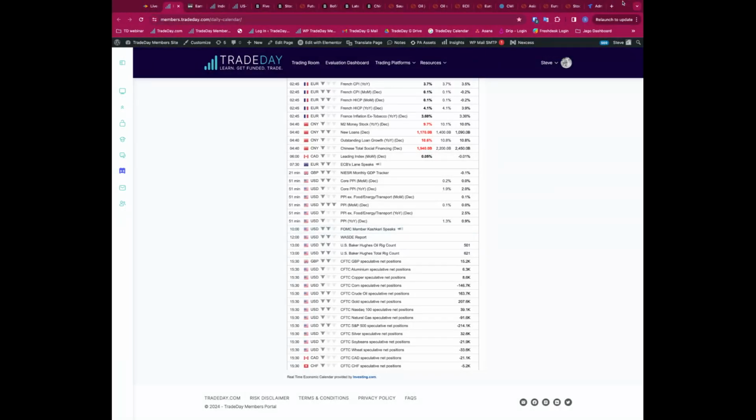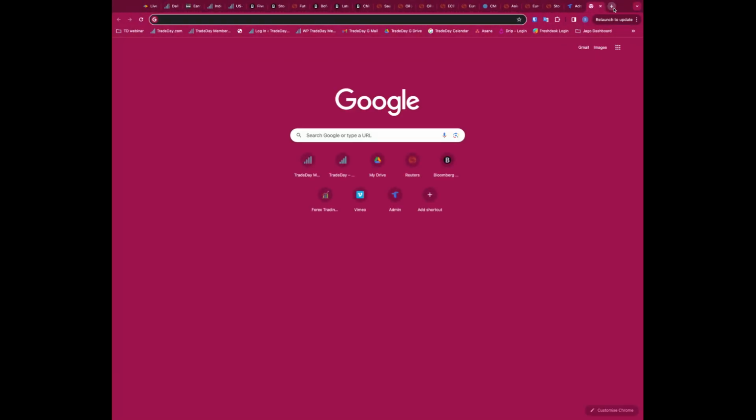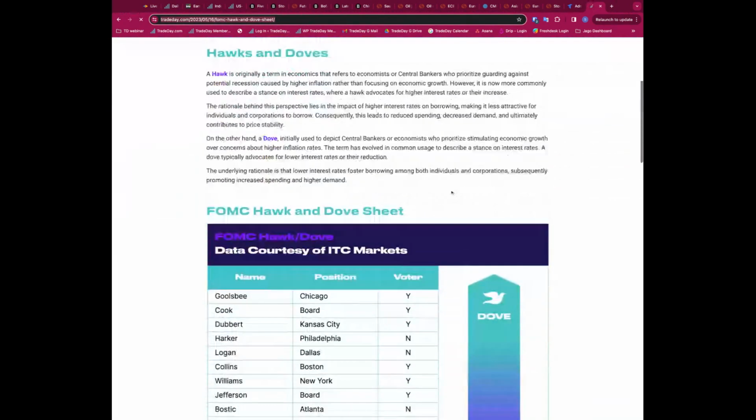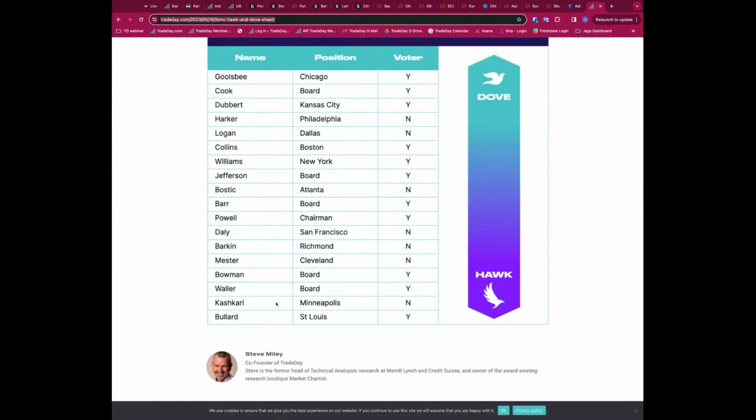Kashkari is going to be interesting. Remember, if we go to our Hawk Dove sheet, I would suggest that you bookmark this. So Neil Kashkari, if we look at our Hawk Dove sheet in here, he's right down at this end, the hawkish end of the spectrum. He's more of a hawk, meaning he's more likely to either increase rates or he's less likely to want to cut rates. So it's going to be really interesting to see what Kashkari has to say today,